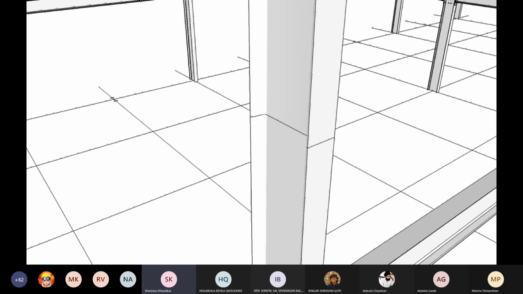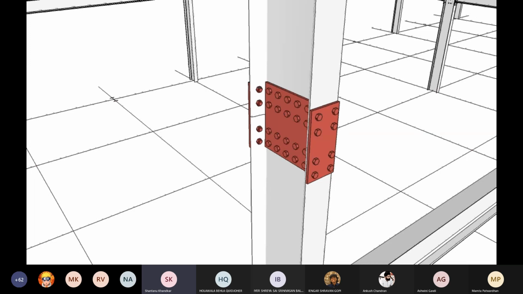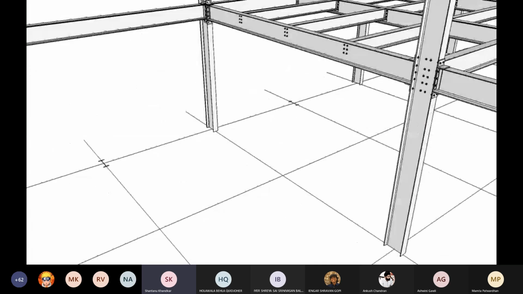Here you can see it's a very weak connection. Even if I weld the entire joint between the two, the connection is going to rest only on that weld, which is not going to be very stable. So it requires lateral support. So that's basically how I would give the lateral support. I'm placing the two plates on the two sides. Then I place the plates on the two flanges, then the plate on the web, and then we bolt the plates, and that forms your connection.